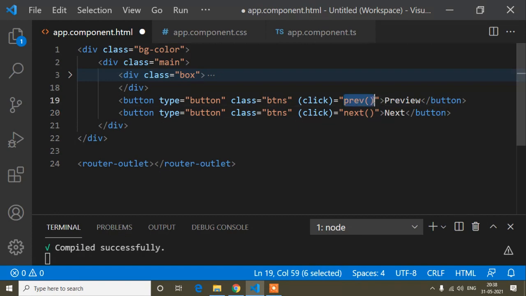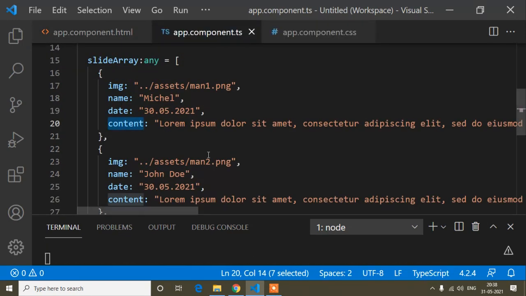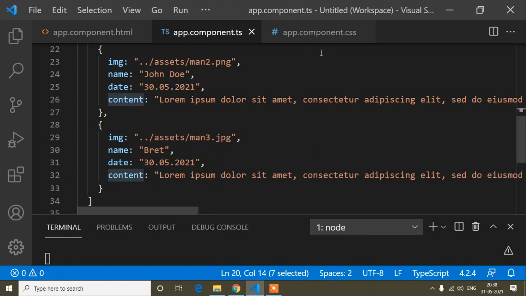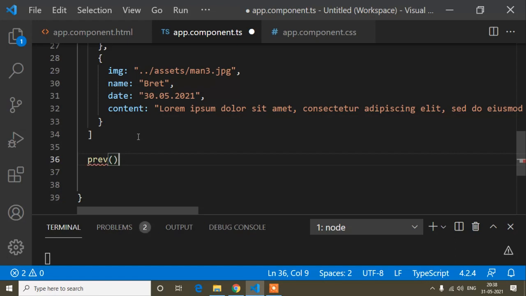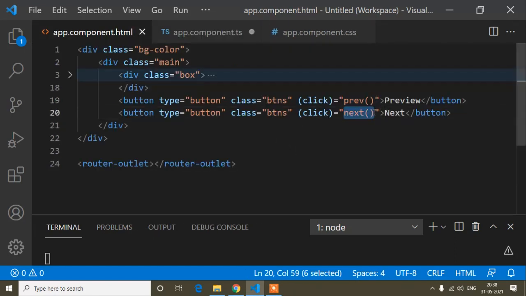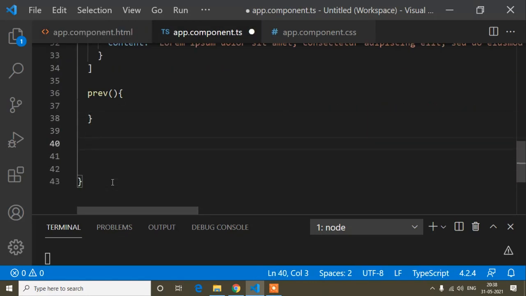Now I will copy this method from here, and in this TS file, I will bring this TS file here because I don't need the CSS file, I've already done all the CSS. So I will copy this method name here, and next this method I will copy and paste here. Okay.